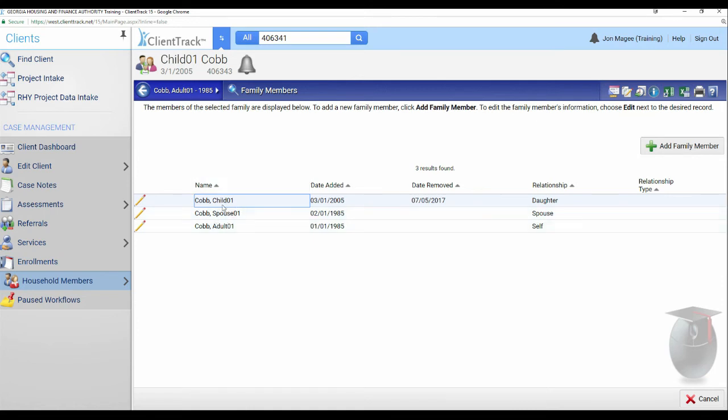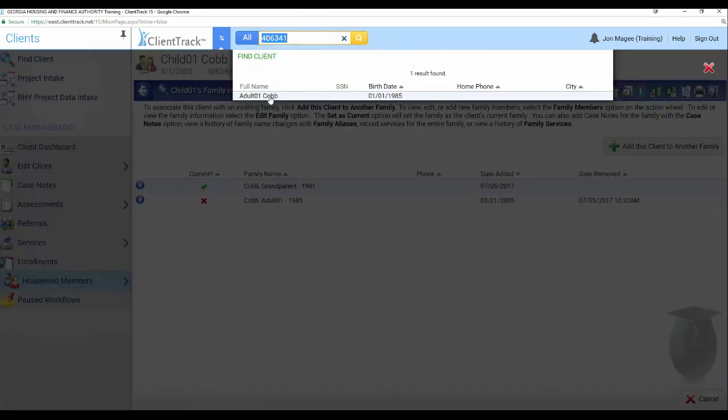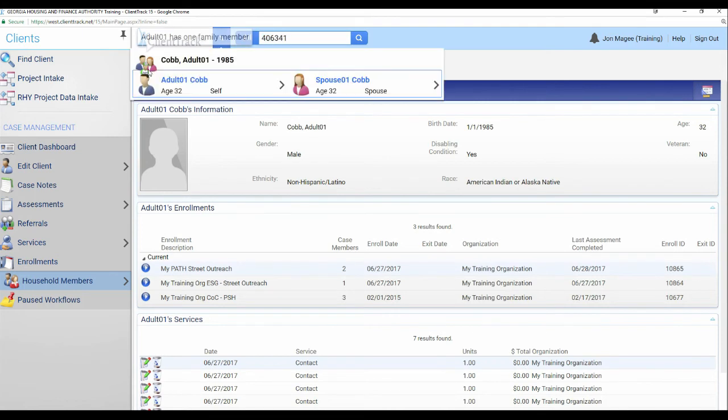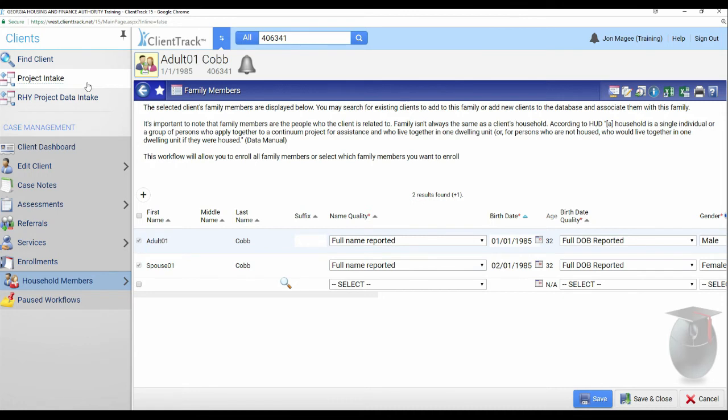This means we can always go in and see a history of different family members that a client has had in the past. However, if we pull up our original client here that we were working with, if we click on their family icon, you will note the child does not show up now here. If you click household members, they do not show up here. If you were to do a project intake, the child would not be listed as a possible family member to